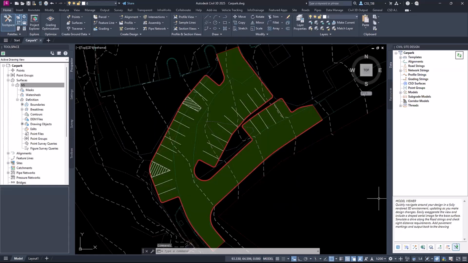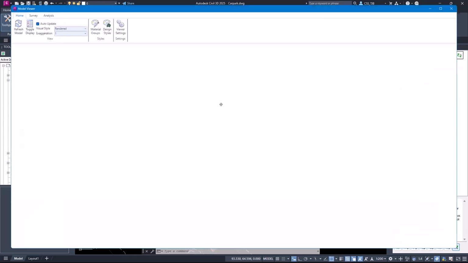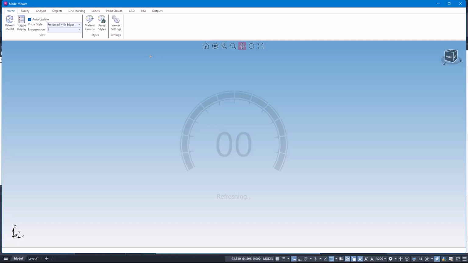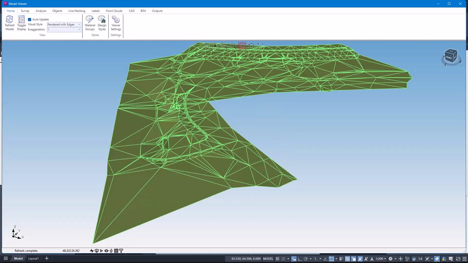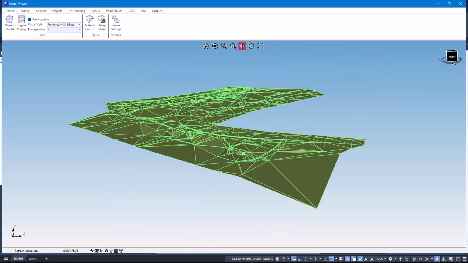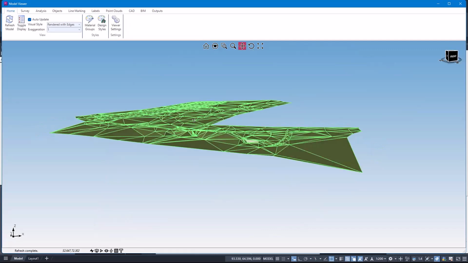The surface that I am using is nothing extraordinary. So if I kick open Model Viewer, I'll show you what it looks like. When it boots up, here we go. So there's my survey. Pretty flat part of the world. Fair bit of